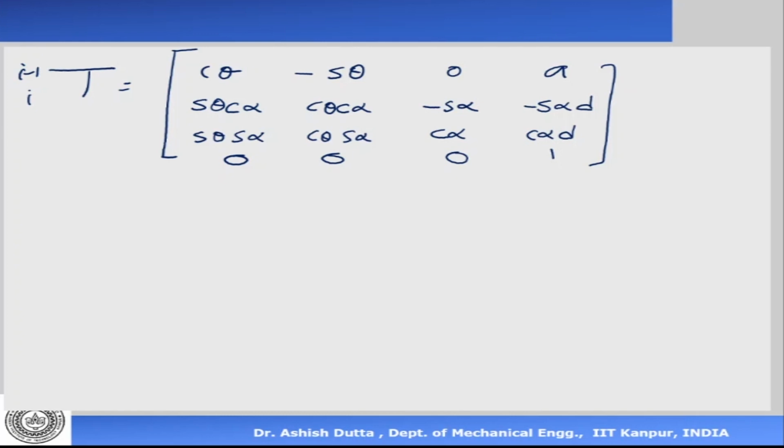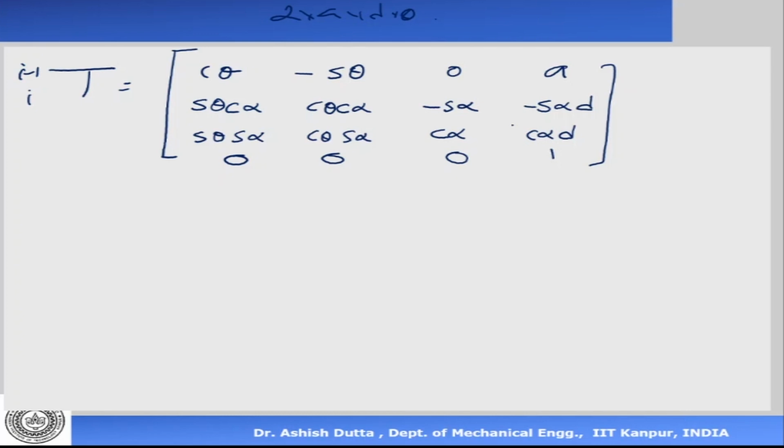How did we get this? We had four transformations: alpha, A, d, theta, so we multiplied each of these transformation matrices, and this is the generalized one we get. So if I take the generalized matrix, and from the DH parameter table I take each row and put it inside here, I will get the respective transformation matrix. That is the use of this. So in a computer program, this is how we make our respective matrices.